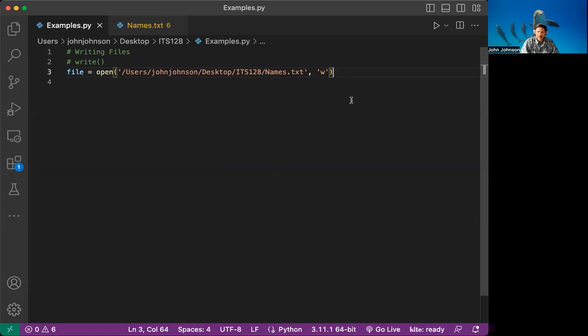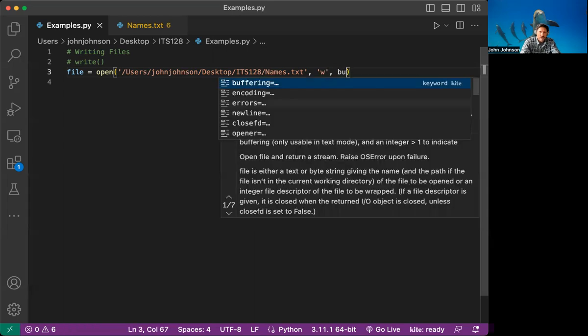Using a 1 as your buffer is going to enable line buffering, which is the default that you've got. It's going to take line by line until it gets that new line character. And then any other number is going to be a specification of the number of bytes that you have. So if we wanted to do an example here, we could say we just set